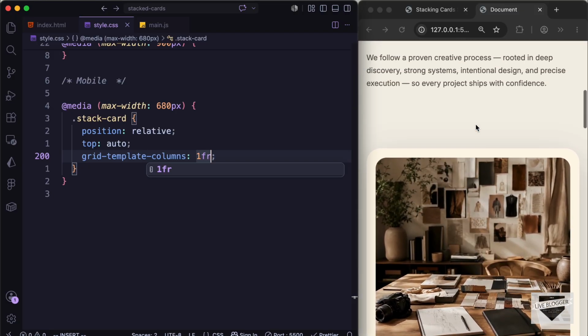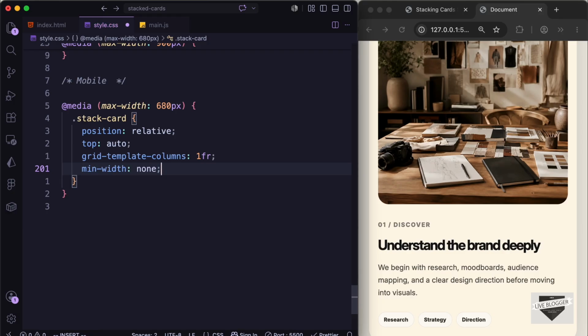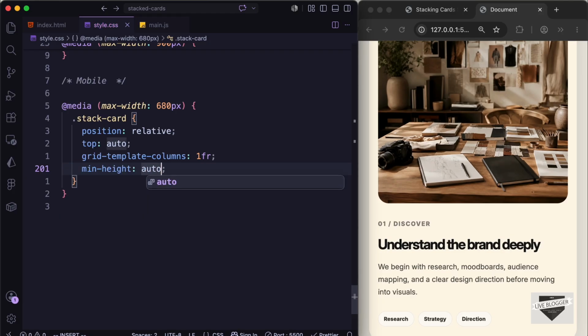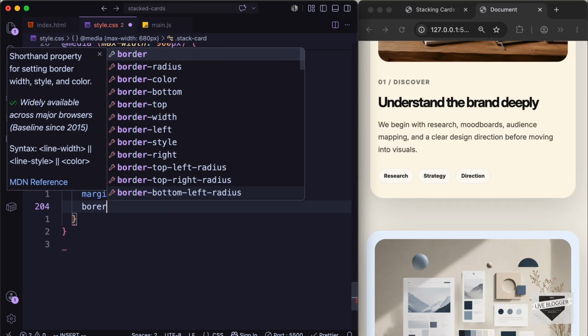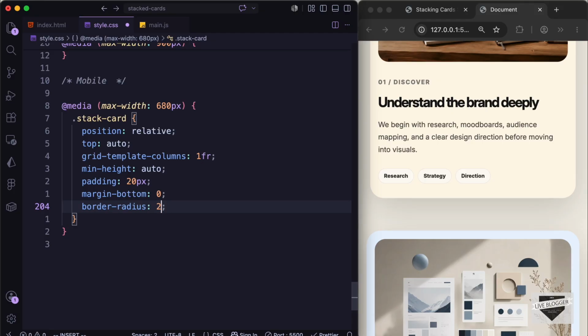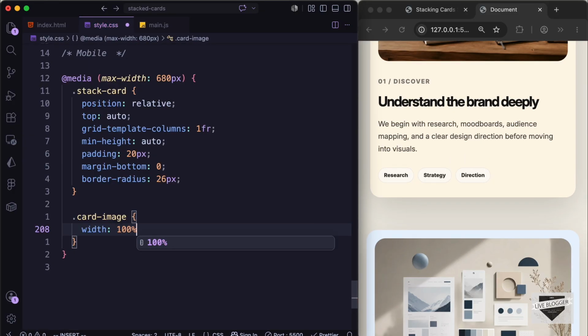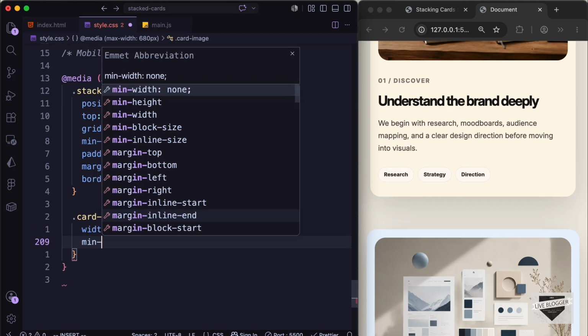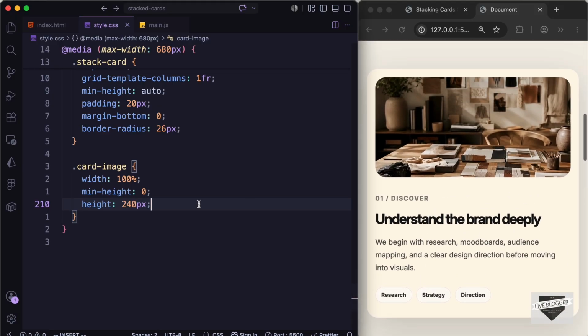Now we can see that the image is on the top and the text content at the bottom. Let's also type min-height. Let's set it to auto, and let's set the padding to 20 pixels, and let's set the margin-bottom to 0. Let's also type border-radius. Let's set it to 26 pixels. Now let's target the .card-image. Let's set the width to 100%, and let's set the min-height to 0. Let's set the height to 240 pixels,